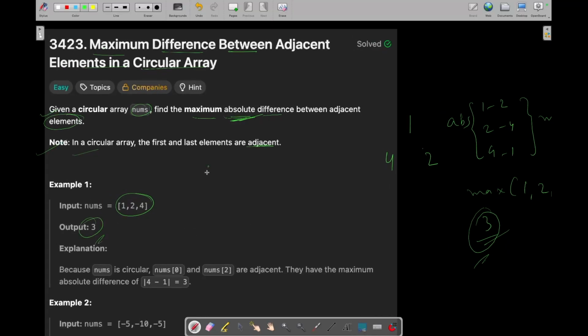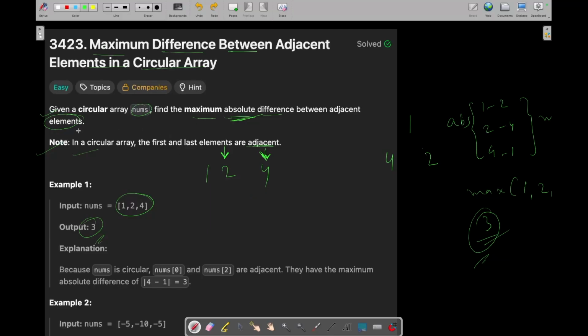Okay, so what you need to do, you have been given an array, right? So what you can do, you can start iterating from i equals 1, it means first index, and check for the absolute difference between two adjacent elements. It means the current element and the previous element, and keep storing their differences, and then you can keep iterating till the end of the array for the absolute difference between adjacent elements.